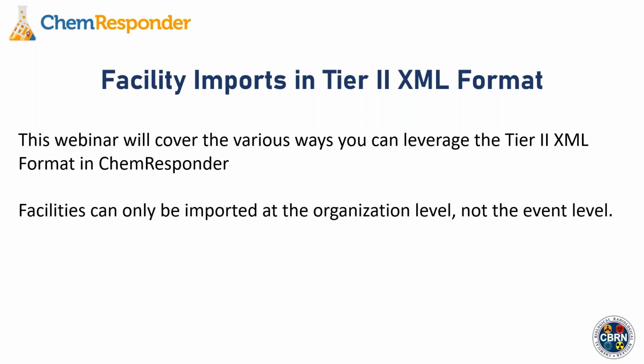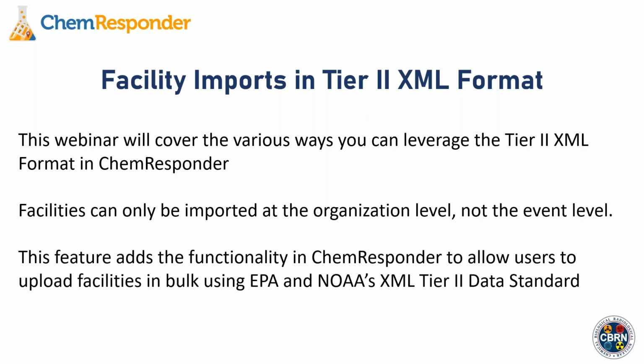If you are familiar with the way facilities work in ChemResponder, you can have them at both the event and organization level, but for the case of the Tier II import, this is only available at the organization level. This feature adds the functionality in ChemResponder to allow users to upload facilities in bulk using EPA and NOAA's XML